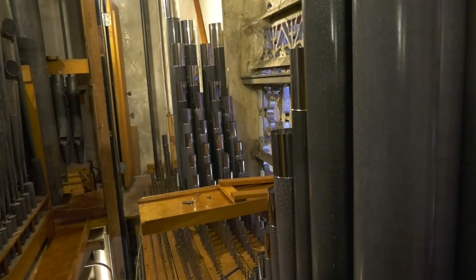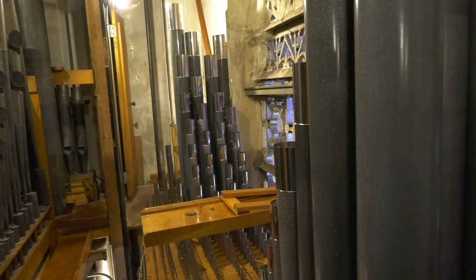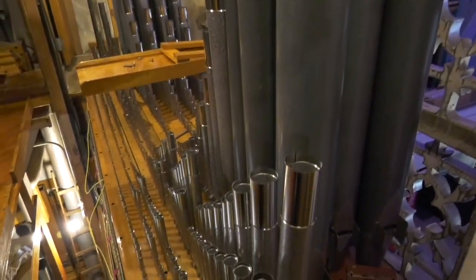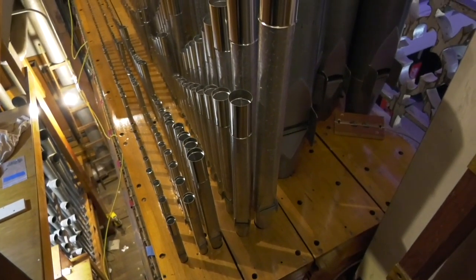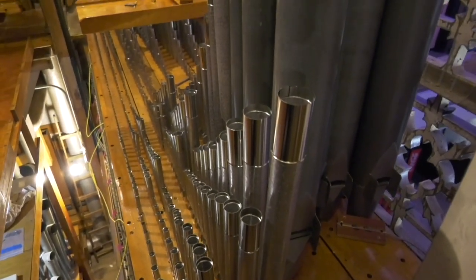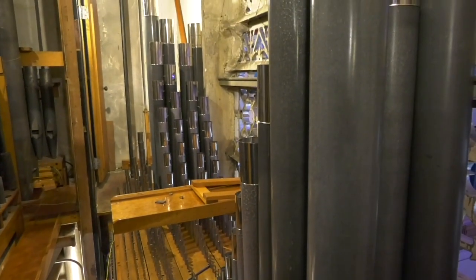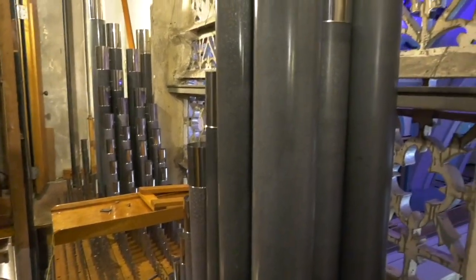What we have there is flute ouverte 8-foot in the front, diapason number 10 immediately behind it, and on the back of the chest is the 5-rank Schultz mixture. And all of this is on relatively low wind pressure. I don't remember what it is, but it's not very high, like 5 inches or something. Low for this organ. And now if we turn around,